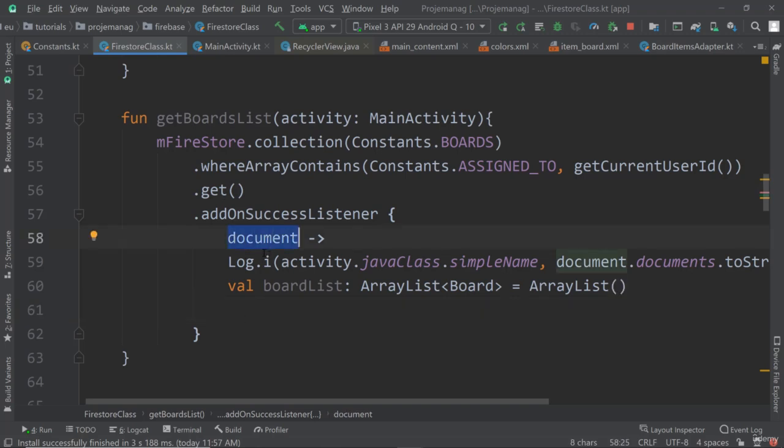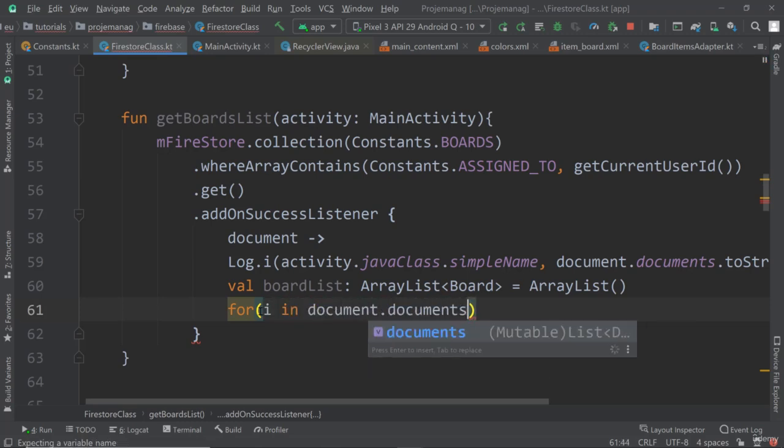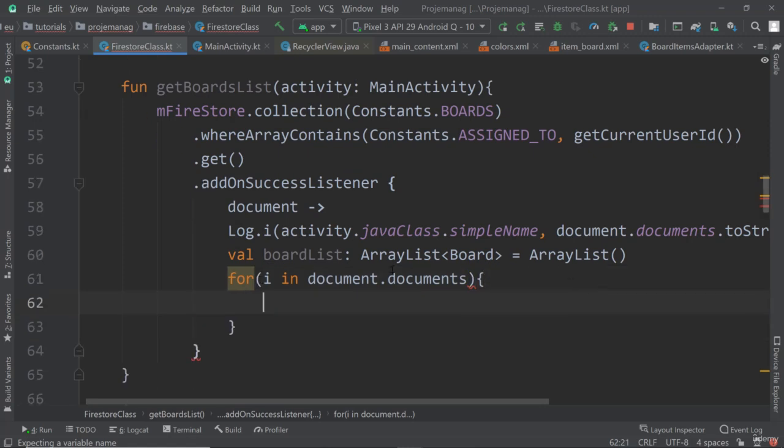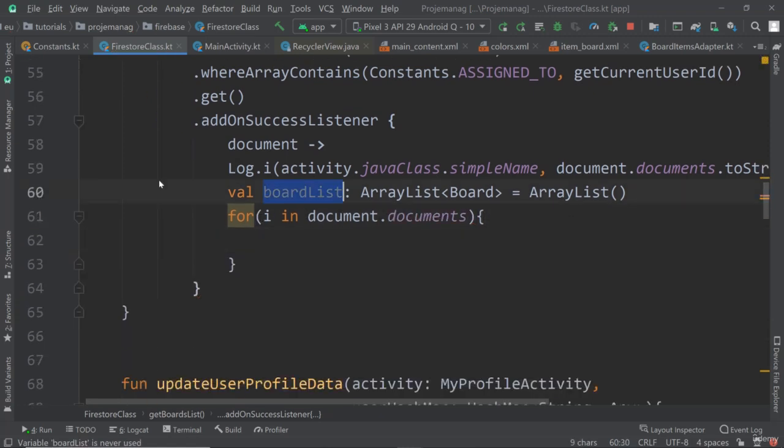Okay, so this document is a snapshot, and the snapshot only contains the stuff that is assigned to us, so only the boards that are assigned to us. So what I can now do is I can go through the whole document